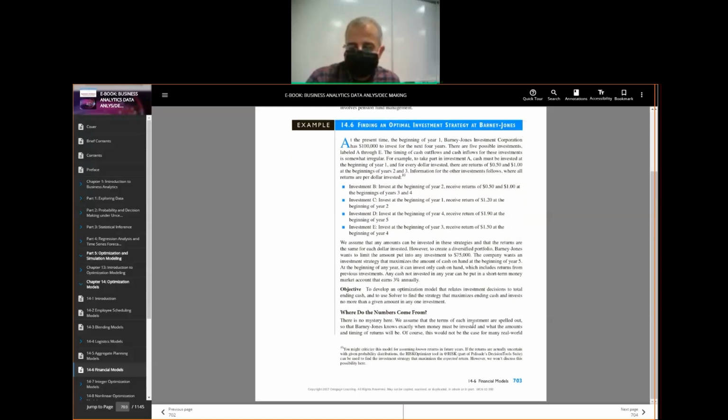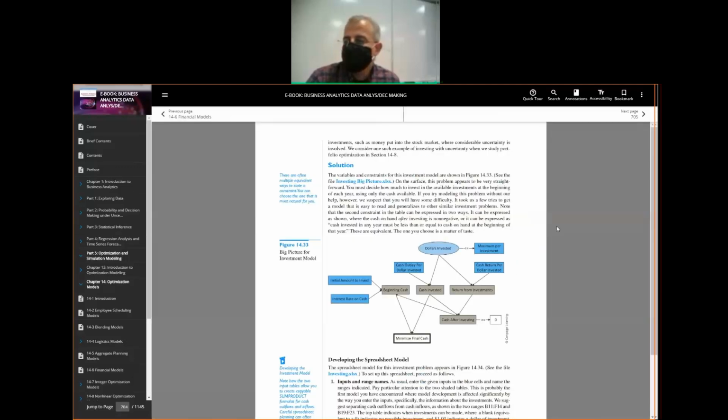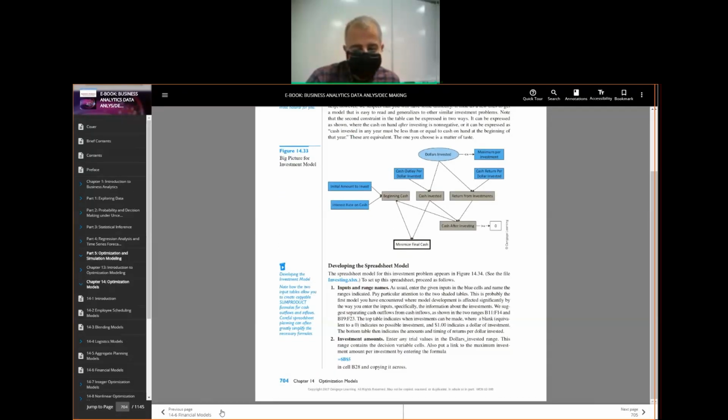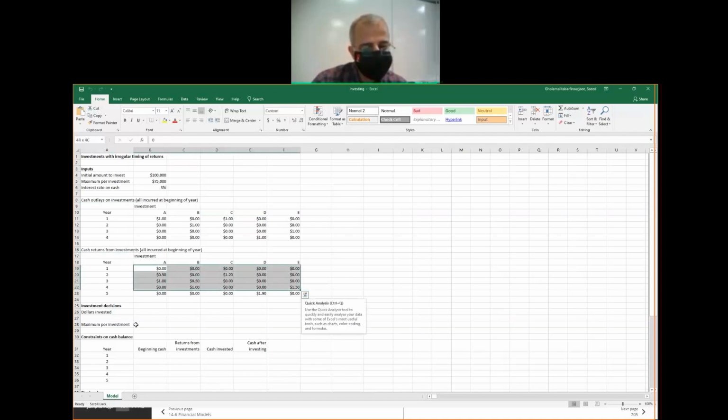Okay. So these are the input variables and the constraints of this problem. Now let's see how we can solve this example. These are the input variables for the cash interest at the beginning of each year. Here we have cash return for investment. These are the interest rates. Our decision variable is the dollar invested. So we have to select these